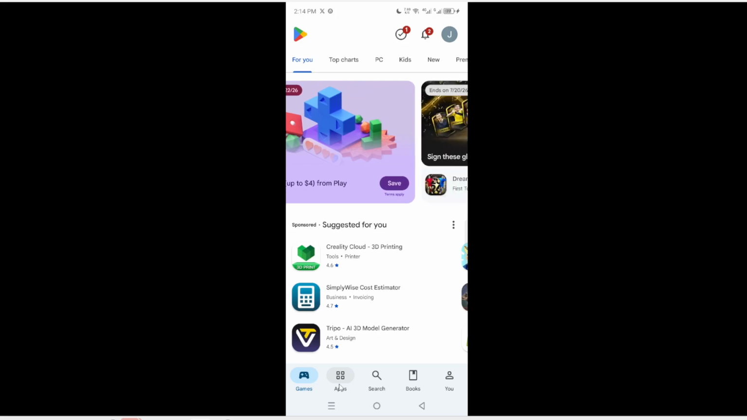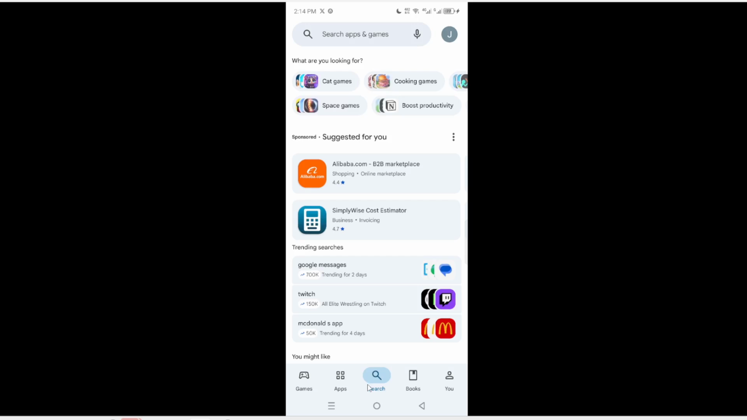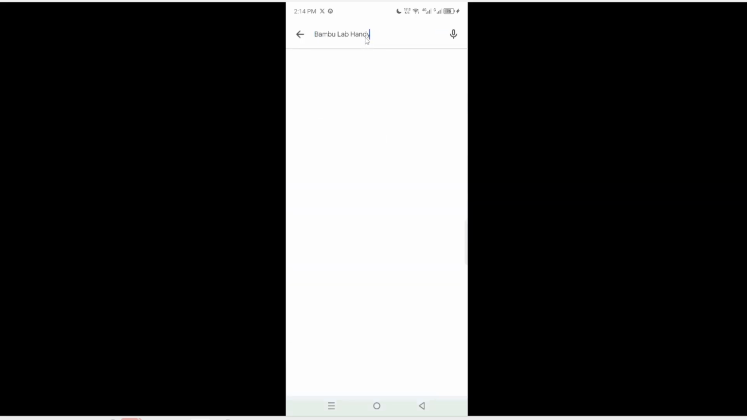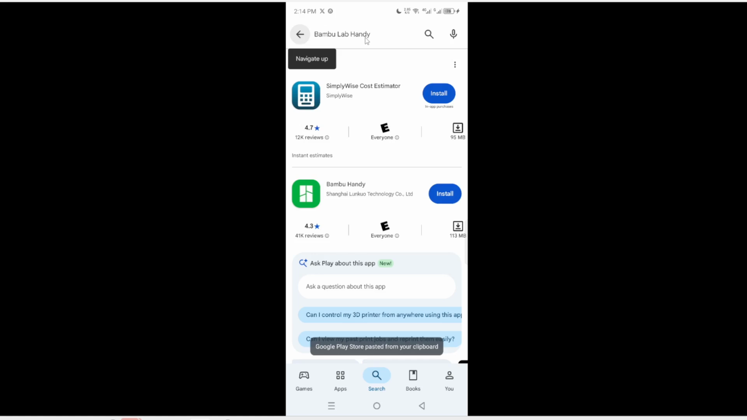Next, tap the search bar at the top of the Google Play Store. This is a prominent feature that allows you to quickly find what you are looking for. When you tap on the search bar, your keyboard will pop up, allowing you to type. Type Bambu Handy into the search field. Make sure to spell it correctly to find the right app. This step is crucial because entering the correct app name ensures you are looking for the exact application you want